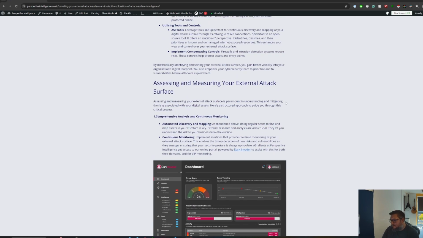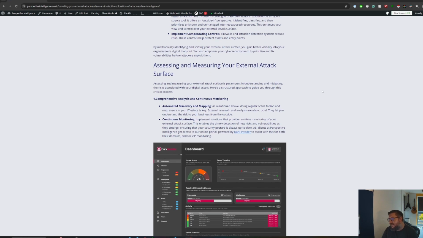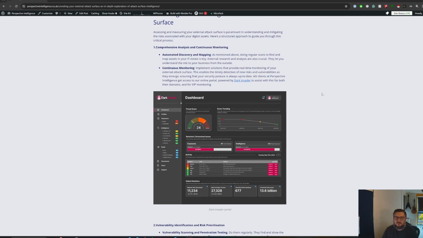So if I move on a little bit, one of the companies we've partnered with to help us deliver attack surface intelligence is a company called Dark Invader. They have a web portal which helps us provide some of this automated discovery and mapping process. I find it's a really useful platform. It gives me a lot of great data points I think a lot of other attack surface products may miss,